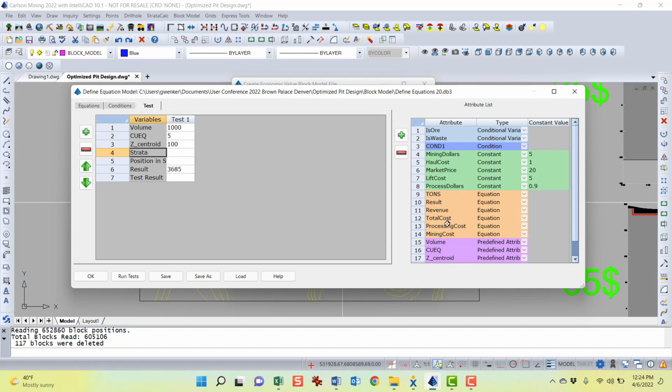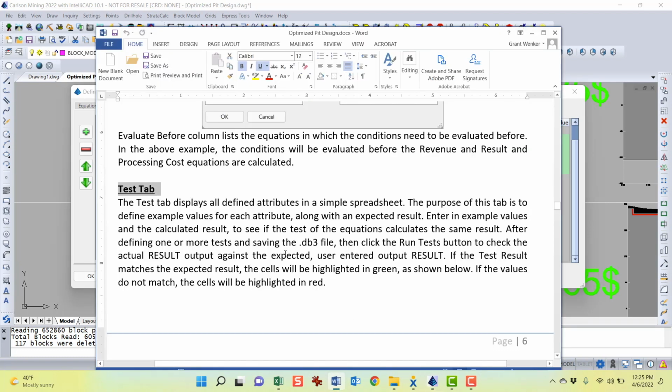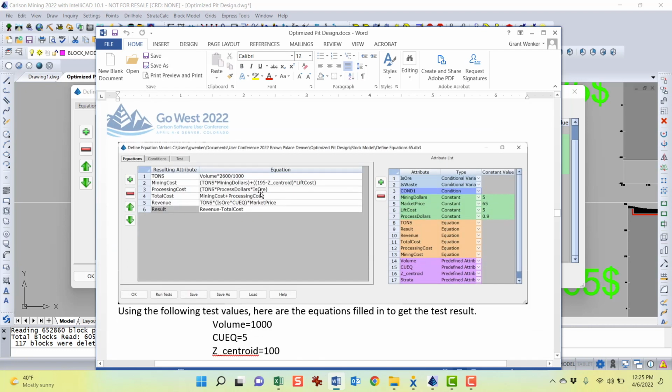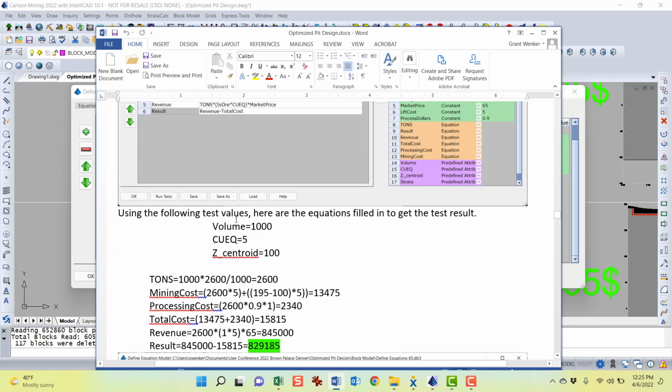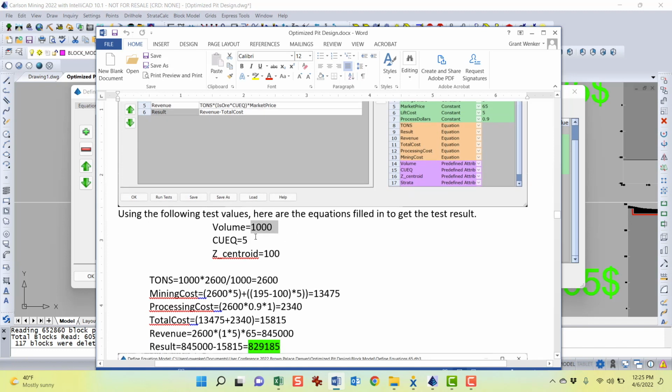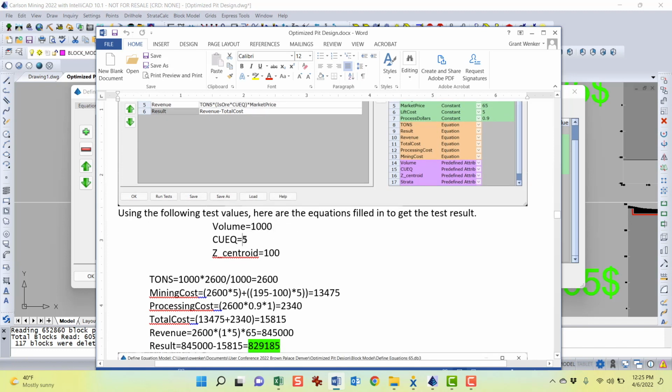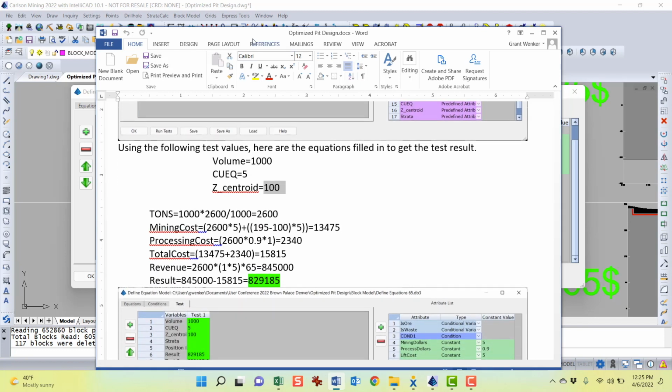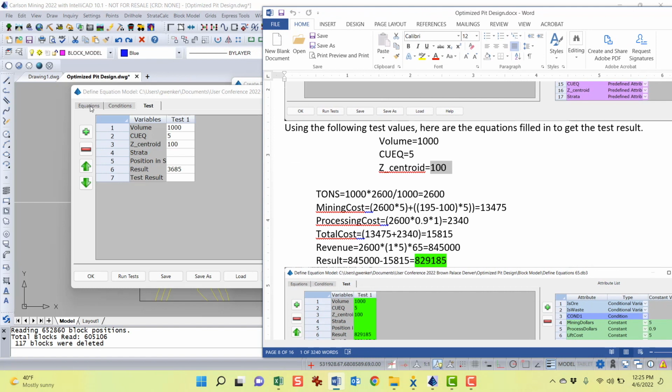We're not using the strata predefined attribute. We're not using position in strata. And then the result is something that I just hand calculated off on the side on a piece of paper. So let's go and look at those tests. So using the following tests, I just said, okay, this block, I don't know if it is 1,000 or not, but I just put it in as maybe 10 by 10 by 10, 1,000 cubic meters. It has a copper of 5, and it's at 100 elevation. So punching those values in, let's go over here,